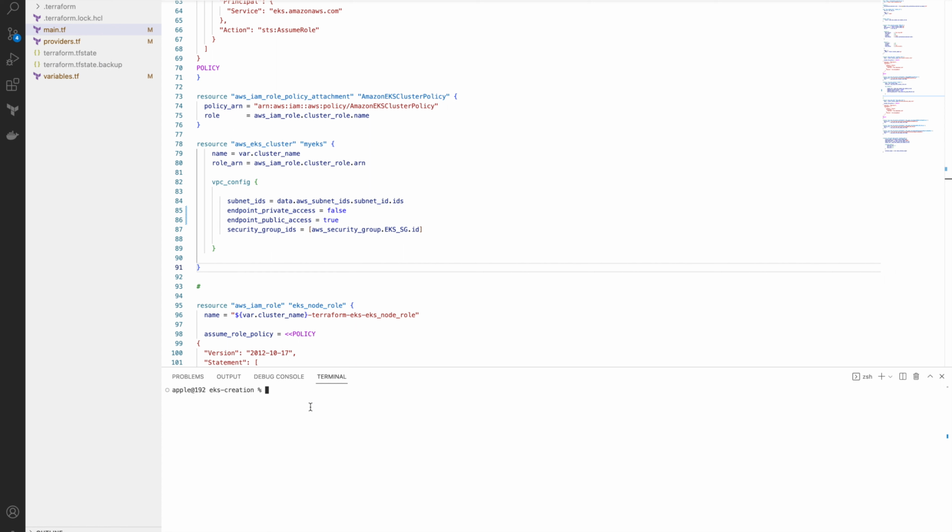To set the credential, we have one command, aws configure, and give the profile name also, and I will give the profile name as Uran DevOps project. Okay,